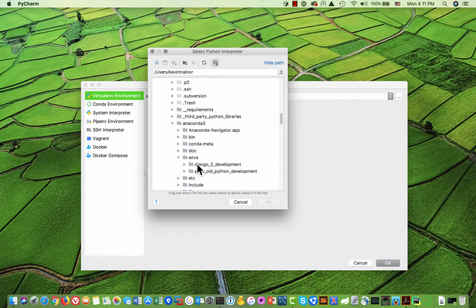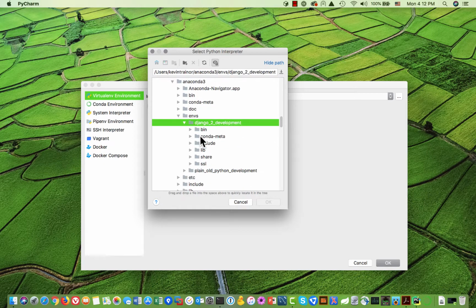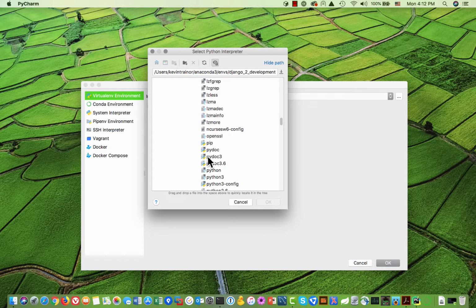And we can't stop here. Look, if you highlight that, OK is not loaded up. You have to say which Python interpreter to use. So we're going to open up Django 2 development. And in the Mac and Linux world, what we're looking for is in the bin directory. So open that up, and we want the little shortcut that's just called Python. It looks like a file. It's a shortcut to a file. It probably points to